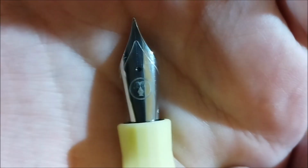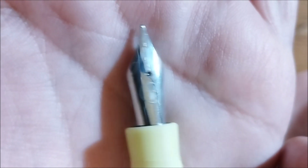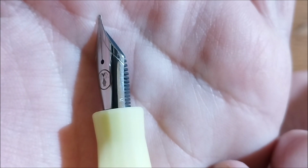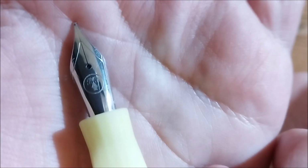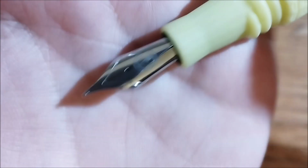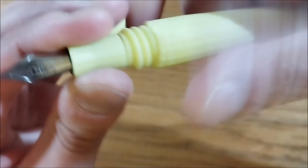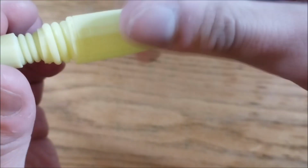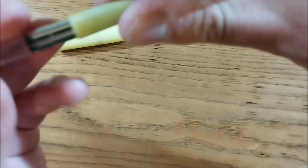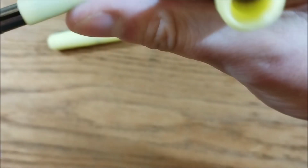I'll make a video about it with many size comparisons later. I'll make a review so you can see. There is the logo of Great Fountain on this number 6 JoWo nib, and this is a medium nib. I chose a medium nib because I usually prefer Bock nibs, and with Bock nibs I like Fs. For JoWo nibs, many times I prefer M over F. I don't know why, I just prefer that. And here you unscrew this. Okay, fun. I didn't know he made this little cap for the...